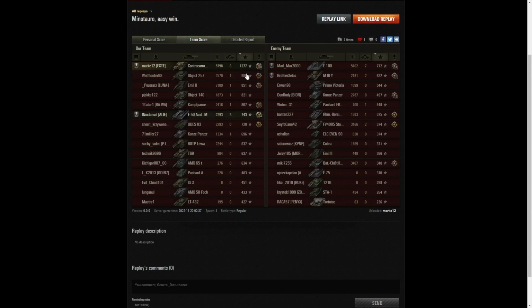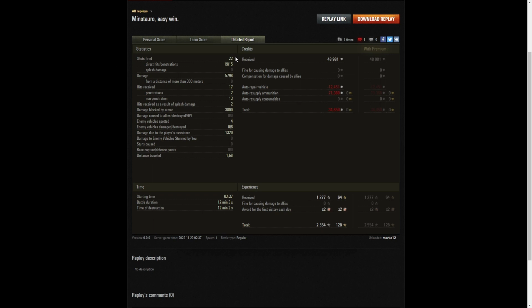When it came to base XP, Marky gets that one with 1,277. The next highest being the Object 257 with 988 and the Emil 2 with 851. And Marky was the only player to get over 1,000 base in the game. He fired 22 rounds in the game, got 19 direct hits on the enemy and 15 penetrations, damage of 5,798 hit points, all of it at close range. 17 hits received from the enemy, only 2 of which actually penetrated, 13 non-penetrations and 2 hits by way of